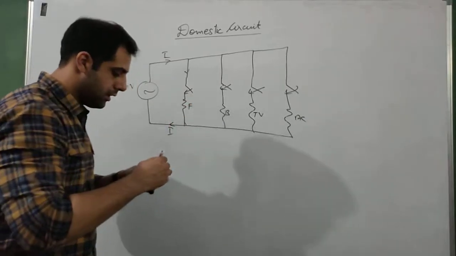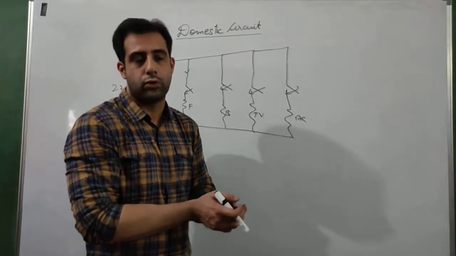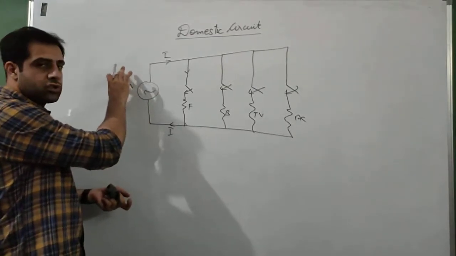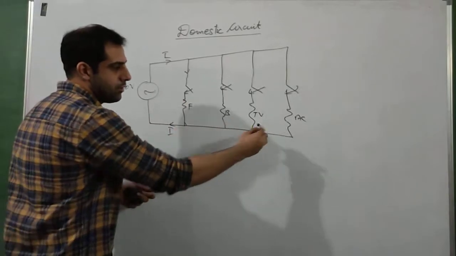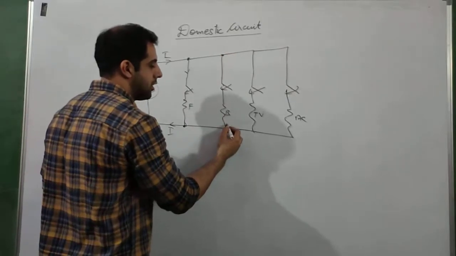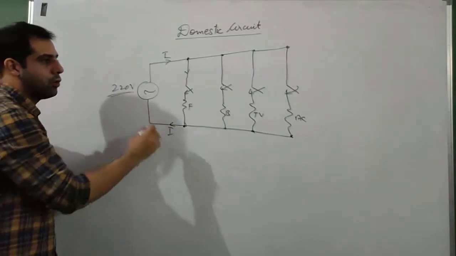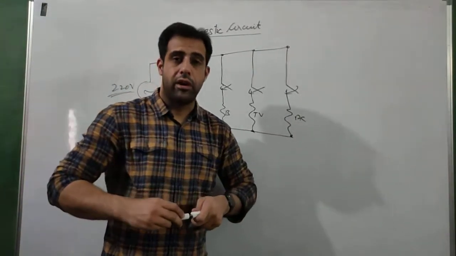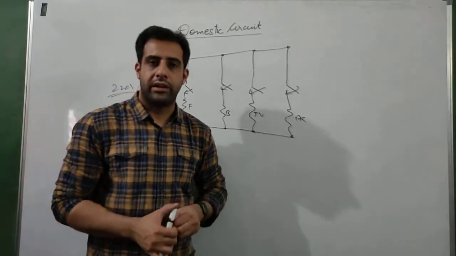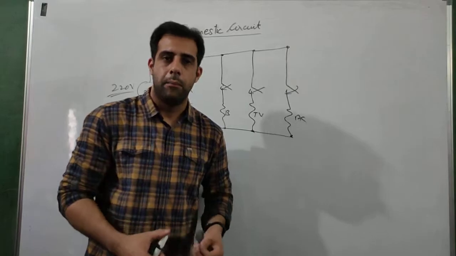Now the other disadvantage of the series circuit was that each appliance was not getting the same potential difference of 220 volt. Does this happen here? We know that in a parallel circuit, this source voltage will be applied as it is on each of the branches. So this branch will have 220 volt, this will also have 220 volt. The potential difference of each branch will be the same and all of them will be equal to 220 volt. So all the appliances will work properly. So that's why, because of these advantages of parallel connection, all the household appliances are connected in parallel to each other.